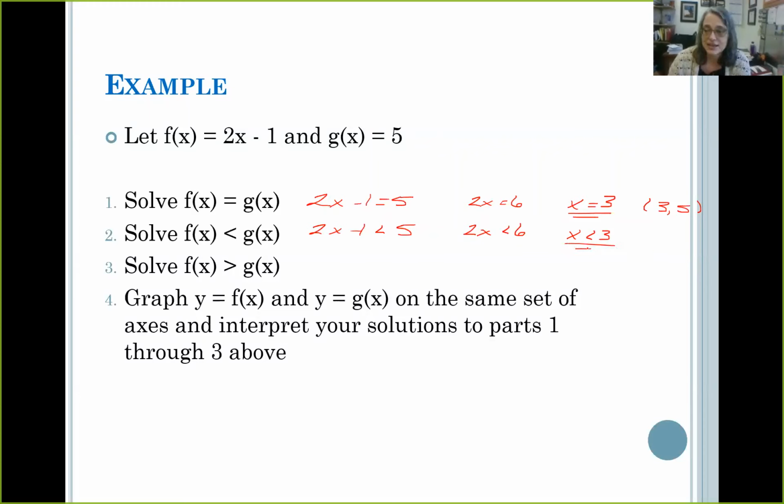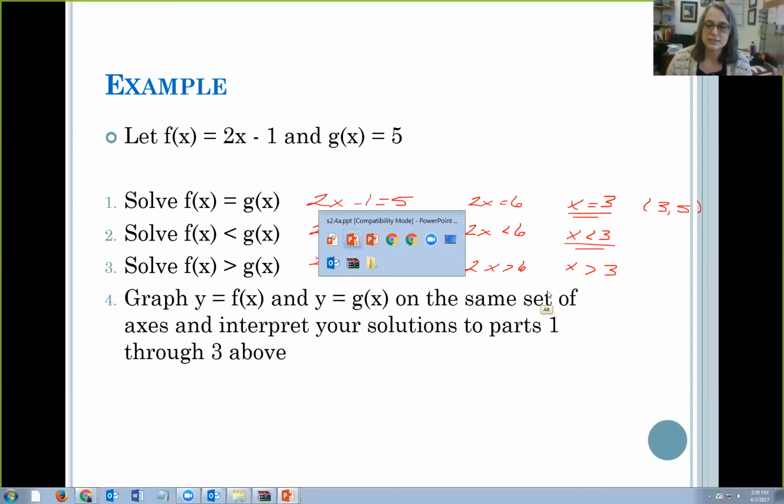So that is a region on the plane. Any point along these curves where x is less than 3 will give us a valid solution to this inequality. Okay? Now if we reverse this and we look at 2x minus 1 is greater than 5, because f of x is greater than 5, we end up with almost the same thing, except we've got greater than 3. So if we look at these graphically,